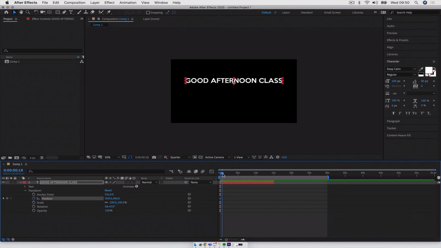Then if we pull away with our viewer, we can see that this indication of whether we're on a keyframe or not disappears. If we go back over it, we're on a keyframe. Go away, we're not on a keyframe. What this has done then is create a keyframe, create a piece of